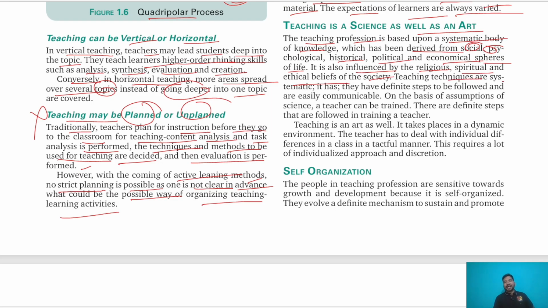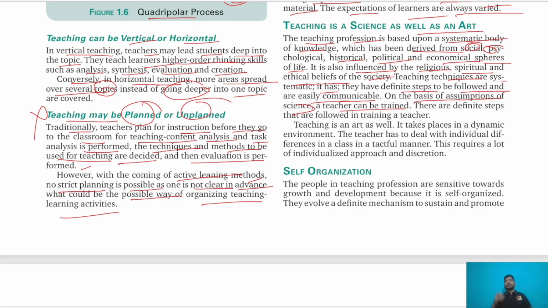Teaching techniques are systematic, and they have definite steps to be followed, and are easily communicable. On this basis, the assumption is that the teacher can be trained. Without training, the teacher cannot teach the students, because it is a science. Teaching is a science, because a teacher has some knowledge which he derives from the social,